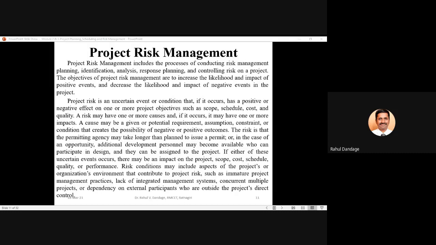We may have multiple projects going on concurrently, which may affect each other. And there is dependency on external participants. Some projects have key persons from outside the project organization over whom you don't have any control. In those cases, there are chances of risk categories occurring in your project.